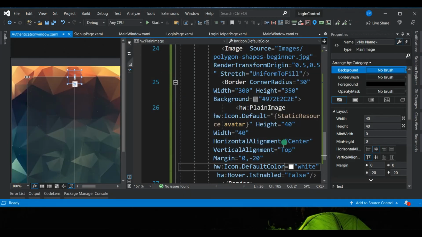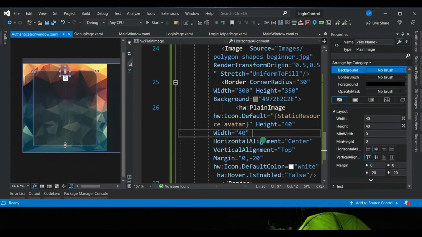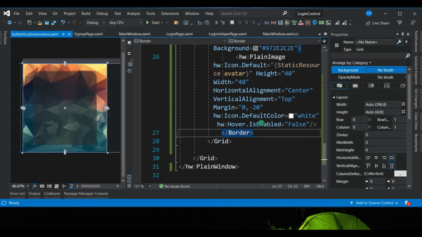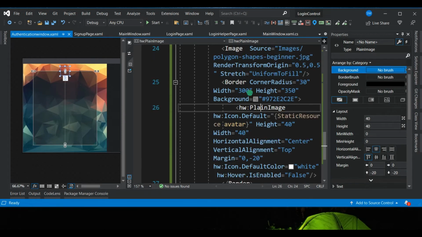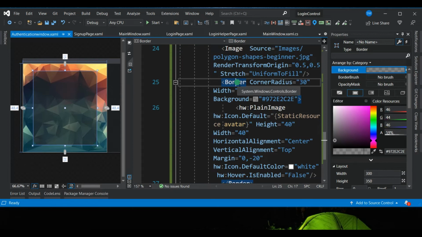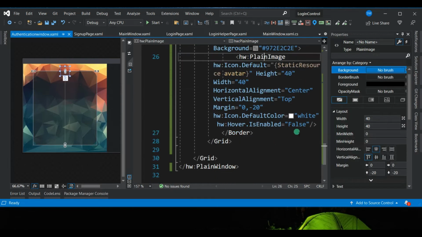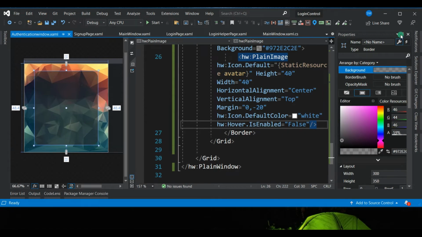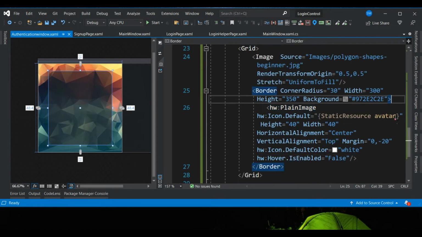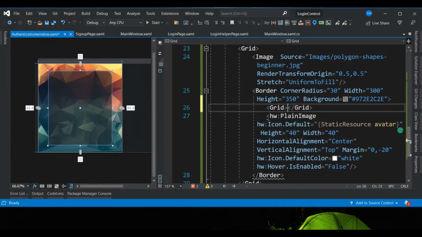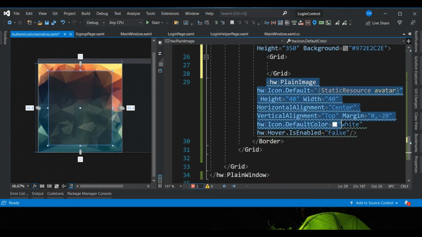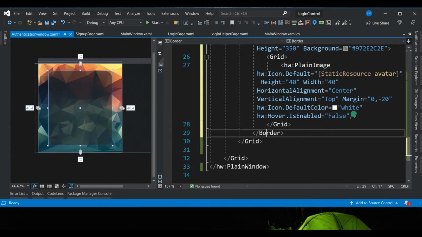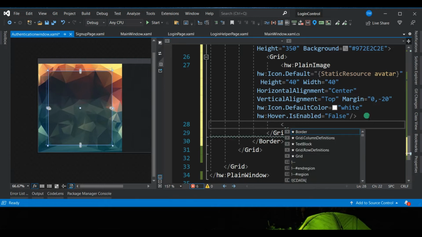Let me close the application and come back here. Now without further ado, we will start adding. Where is my plain image, which is present inside this border? Inside the border I have a plain image, and then I will now add. Actually, I should have put this inside a grid because I need to add other controls as well. So okay, now inside the grid I will start creating a